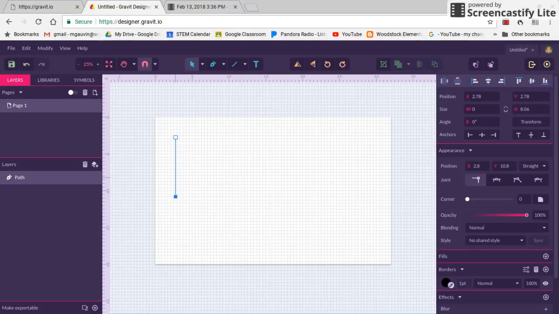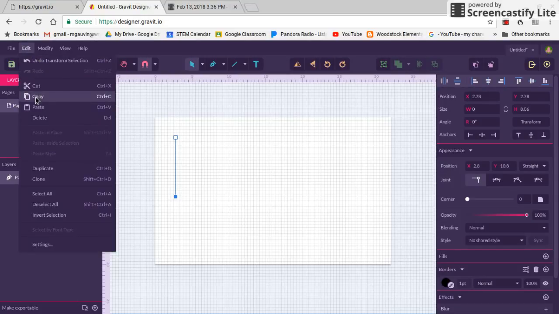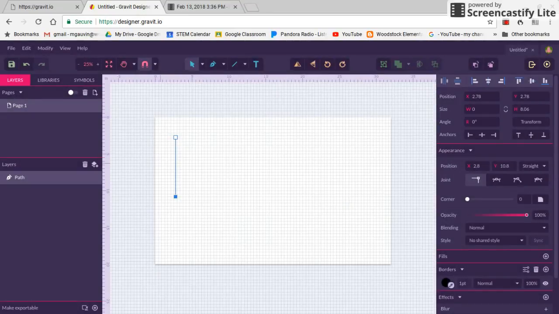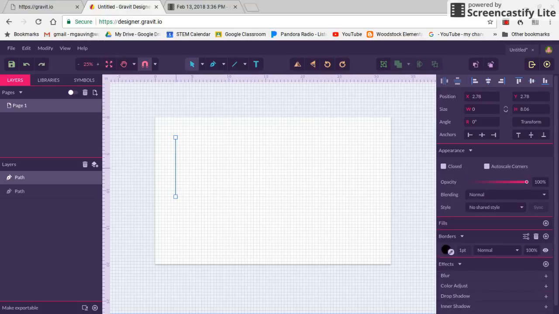Now I want the other side of my box to be the same height, so I just want to highlight the line. It would seem intuitive that you would go to edit and copy, but when you do that, it asks you to use the shortcut controls. So it's highlighted, you do Control C, Control V, and it pastes it right on top. So now you have two lines that are exactly the same